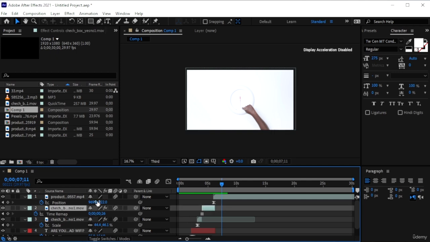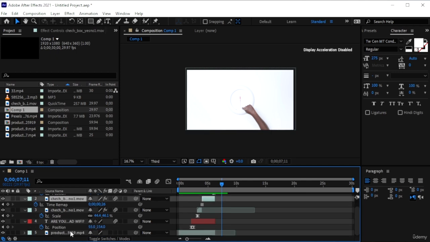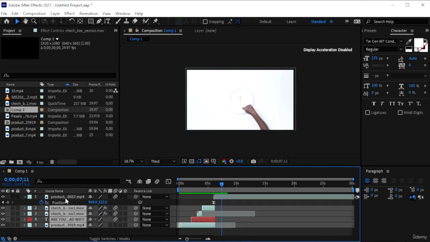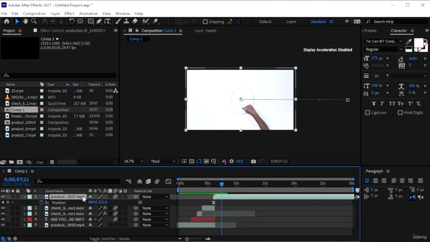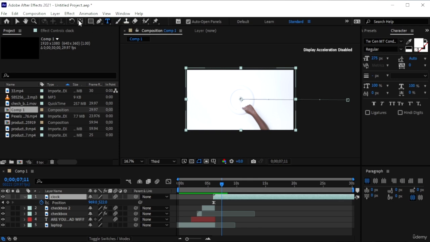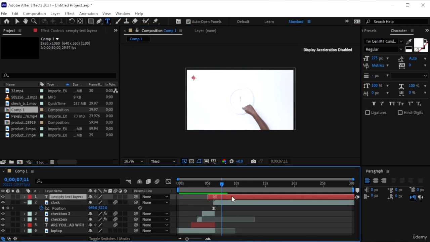Just gonna grab everything else. Shift on the other ones, hit M. Just keep this guy on. Let's call this clock. Alright, so on clock, we're going to get a horizontal type tool. Select, bring it in as to the time where we determined. There we're going to,